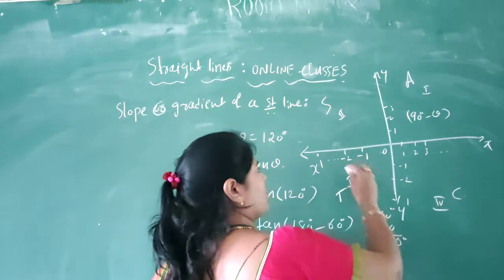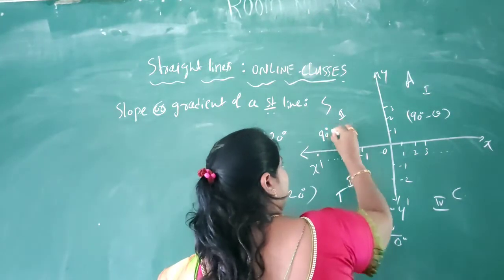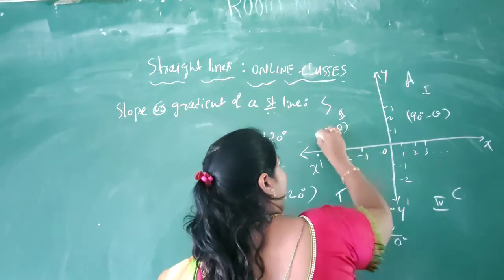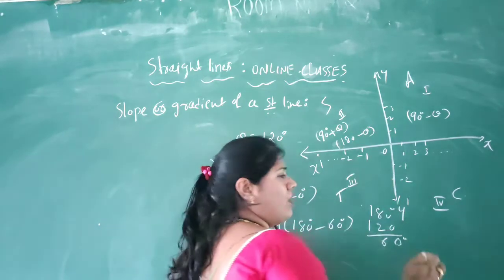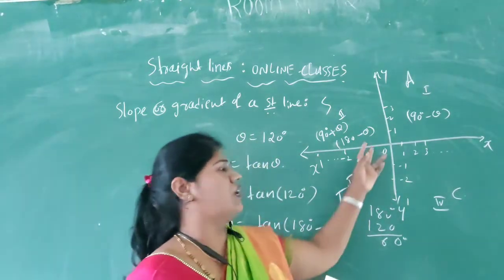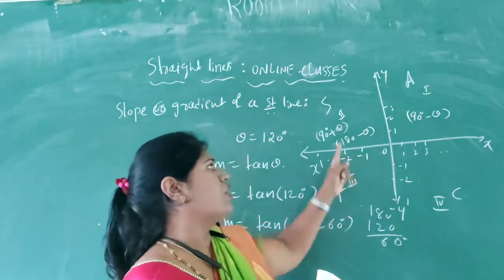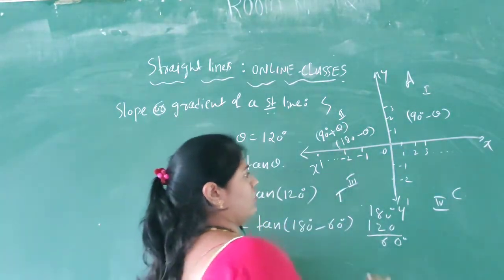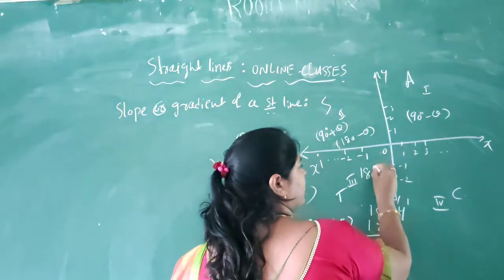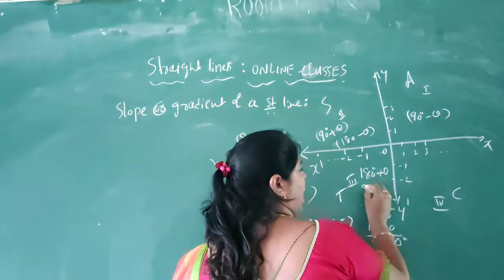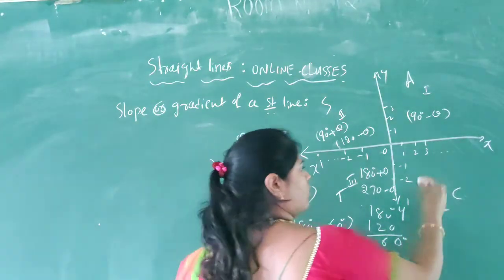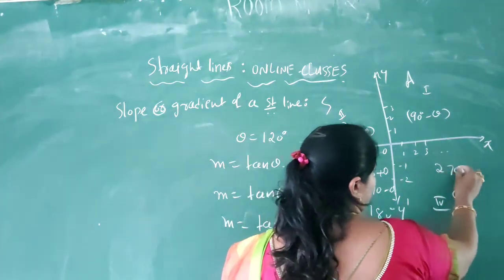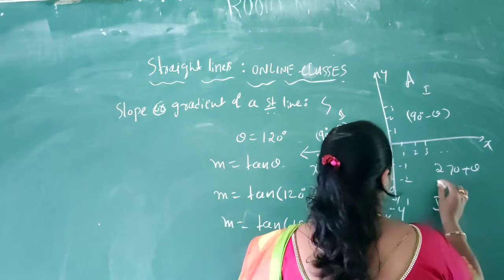In the second quadrant, 90 degrees plus theta and 180 degrees minus theta. All values below 180 degrees come in the second quadrant. In the third quadrant, you will get 180 degrees plus theta and 270 degrees minus theta. In the fourth quadrant, 270 degrees plus theta and